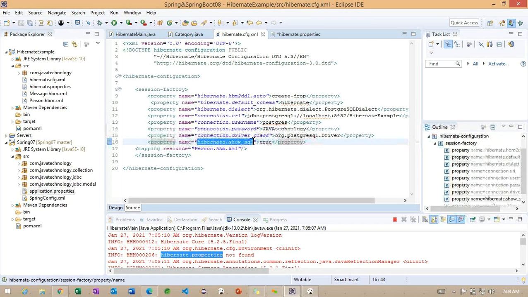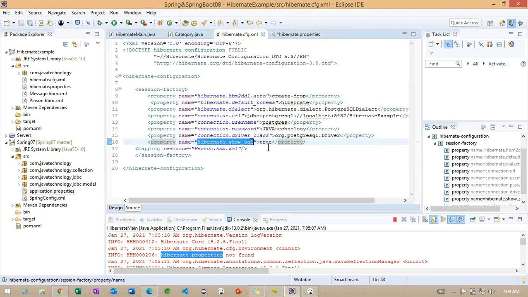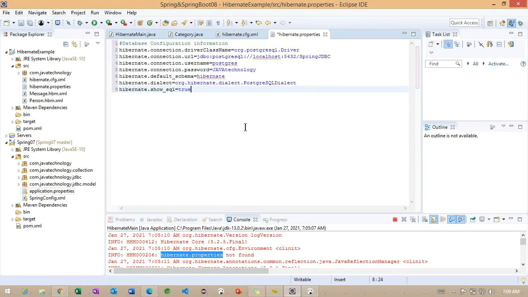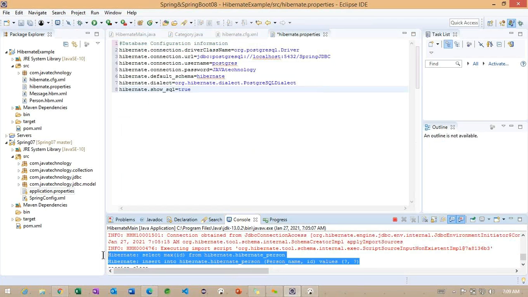So this is what we need: hibernate.show_sql. We need to make it true here. So whenever we make it true, what is happening? We are able to see some SQL related information on our console. Getting the point? Who is providing this?